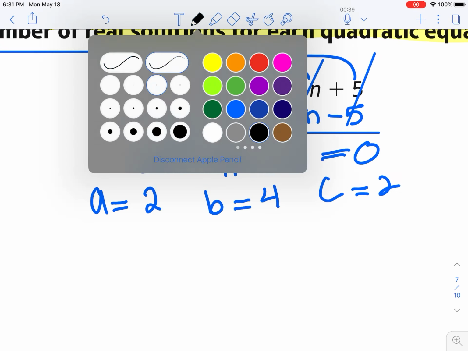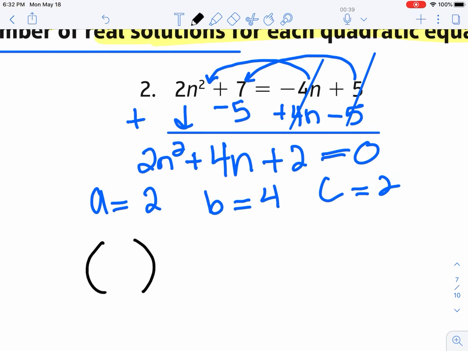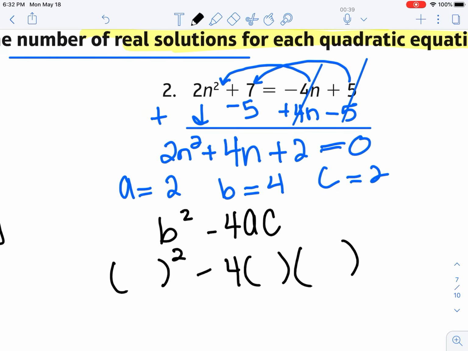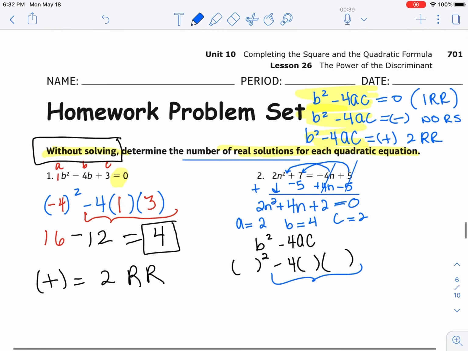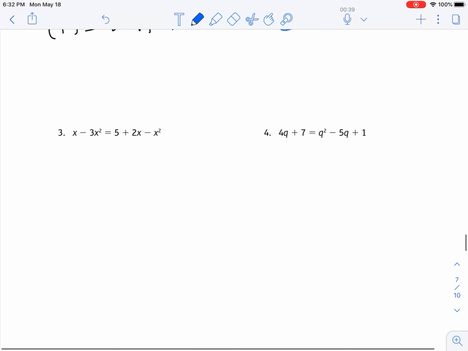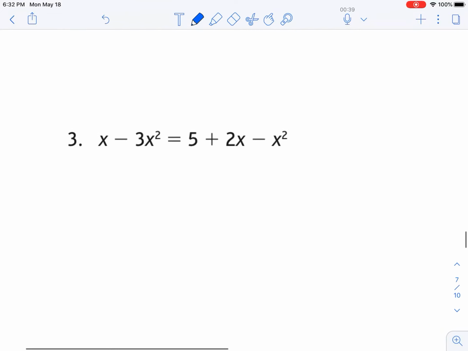And now you can go ahead and proceed. Sometimes it's easier if you see the formula: b squared minus 4 times a times c. So you're going to go b squared minus 4 times a times c, and plug in those values. And remember, see this as 1 negative. And your cheat sheet is right up here. So that's what you're going to do for numbers 1, 2, 3, 4. And just to walk you through this,